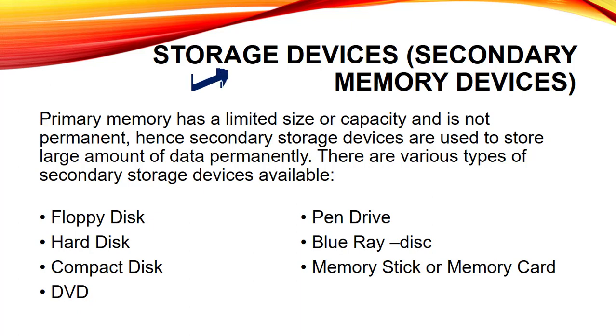Generally the computer's primary memory is only used by the CPU while it is processing the instructions. But after the processing, our computer sometimes has to save the results for future use. And for saving all these results, we cannot use primary memory because our primary memory is volatile, that is, temporary. So in that case we cannot store our data in the primary memory, and for that purpose we have to use a secondary storage device.